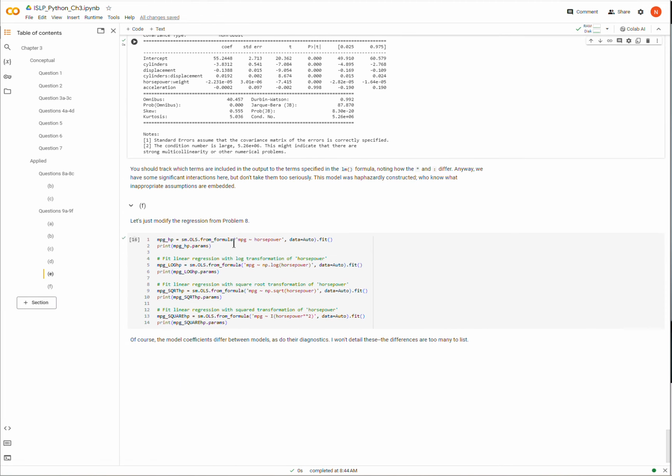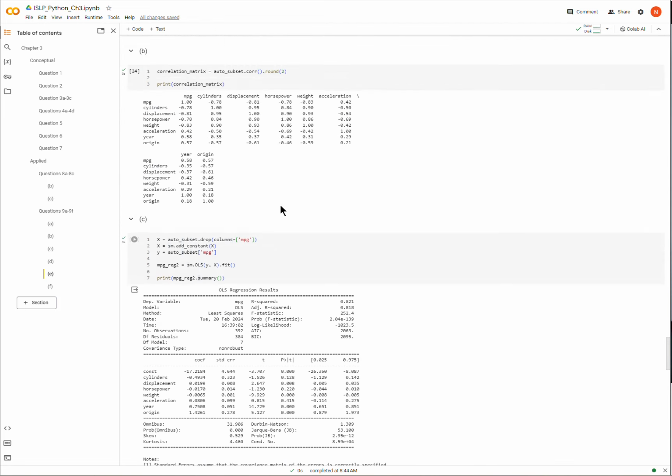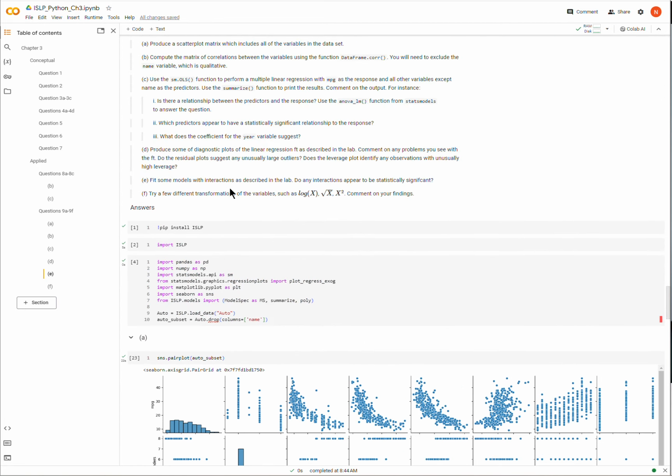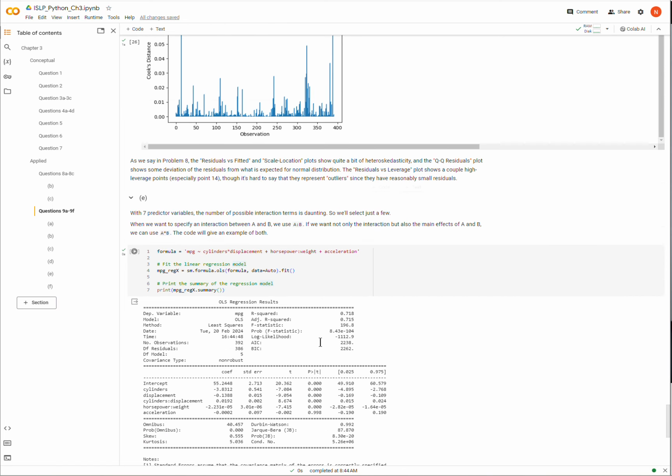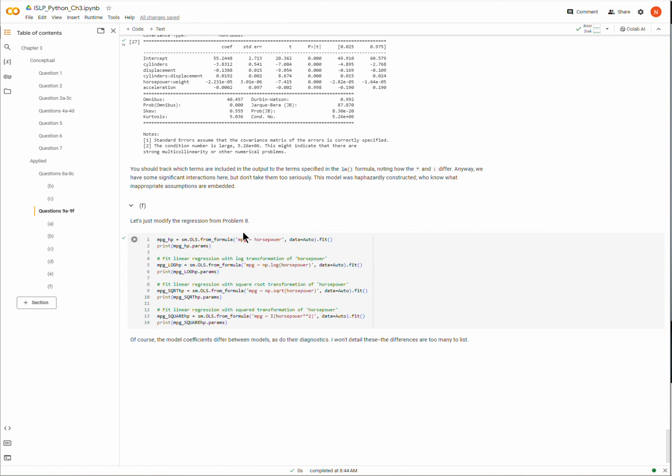Okay. So finally, we also want to transform. The last thing that it asks us to do is to transform the x variables in these different ways: log, square root, square. And rather than do that to every variable, I'm just going to replicate the regression from question 8 with just a single variable. But I'm going to log it and square root it and square it. I'm going to make a point here, and I'm just going to print the